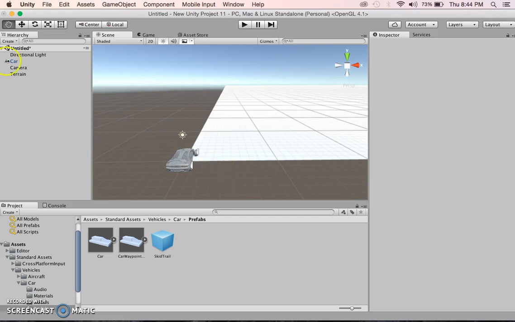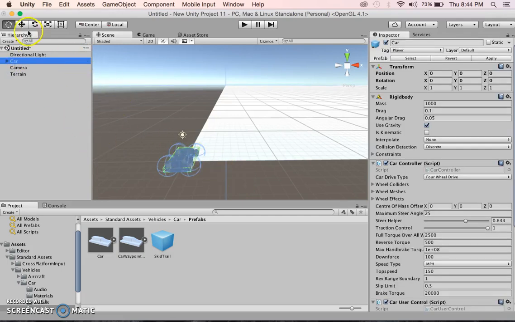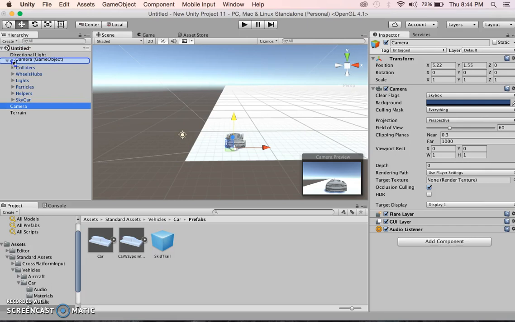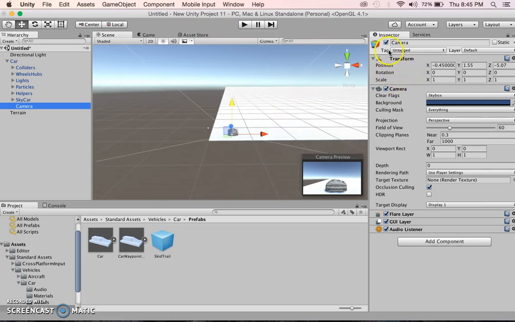Okay, so what I'll do is just click on car and the arrows, and I'll just drag the car so it's on the terrain itself. If it's on the edge, then it will just fall off. I've got the camera, which I'll also just lift up so it's something like that. Then you have the car there, the camera, you just drag it so it is on top of the car like that, and then that means it's attached to the car. So what should happen, if I zoom out,